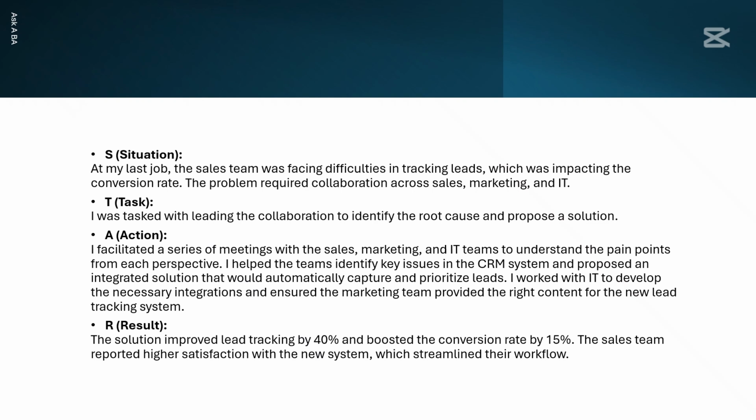Okay, at my last job, the sales team were facing difficulties in tracking leads, which was impacting the conversion rate. The problem required collaboration across sales, marketing, and IT. My task as a business analyst here was leading the collaboration to identify the root cause and propose a solution. What I did was